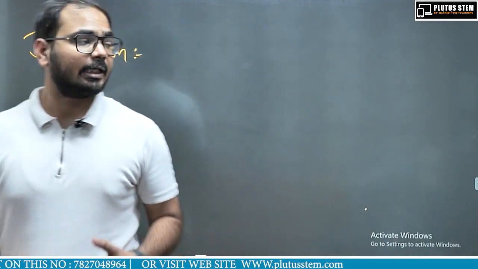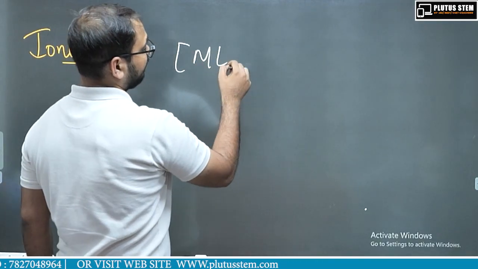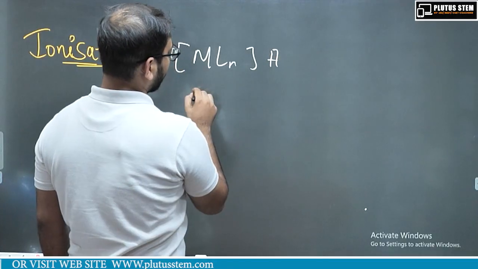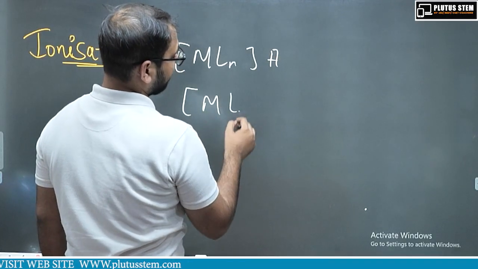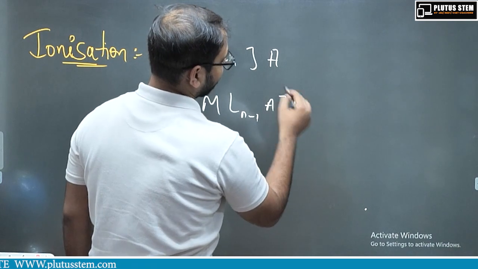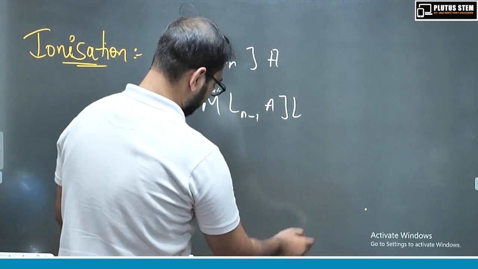So what it does is, your counter ion invades the coordination sphere and then replaces a ligand which can then become your new counter ion. Such kind of isomerism is termed as